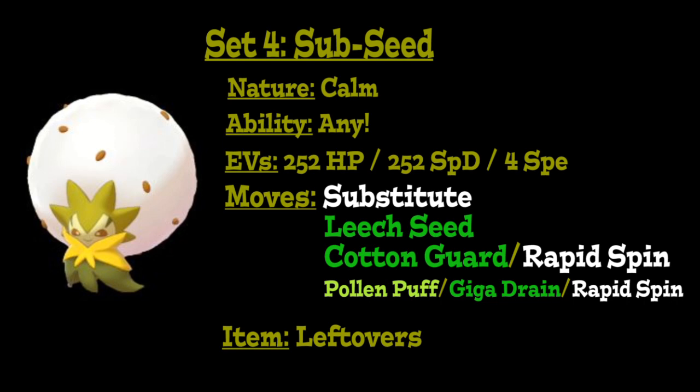Finally, for the last move, I'm going to include Pollen Puff here as actually your main attacking option, and the reason why is because it's a bug type move, and the only thing in the game that cannot be leech seeded are grass type Pokemon that are weak to bug moves. So this is a really cool option that this Pokemon has access to that I think makes this particular set